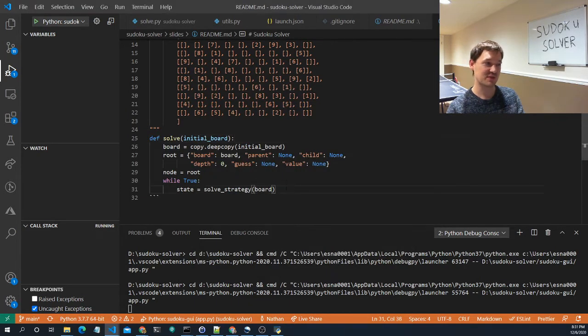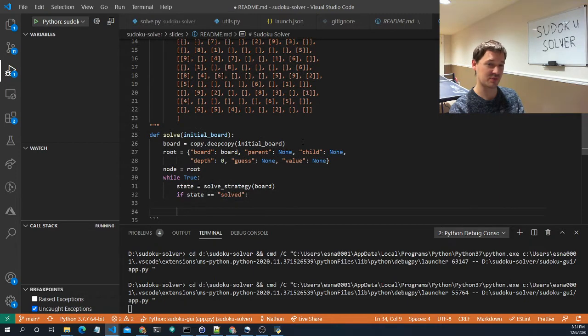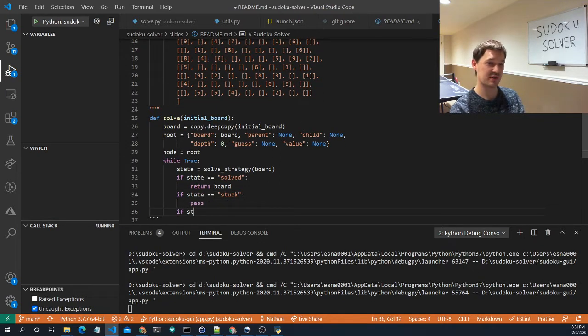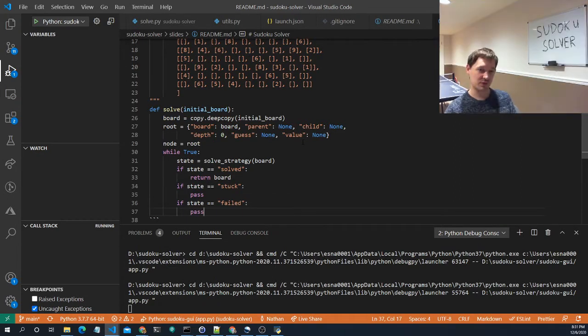This is our strategy. We're going to apply this strategy as many times as we can until we reach one of these states. The possible states are we've either solved the whole thing, in which case we're done, return board, or we're stuck, which I will be going through in just a sec, or we have failed. These are the three possible things that could happen. So let's go through the stuck one. If we are stuck,